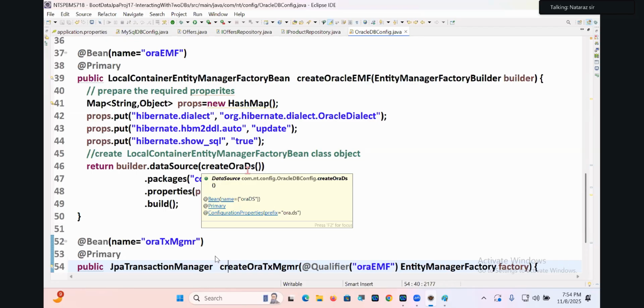Method one, dataSource. Number two, it should work for which model class? That is, with respect to which model class? That model class package. What properties do you want to use? The JPA properties you want to use. Plus, then the build method. That is called the factory design pattern or not? Factory design pattern. Okay. Now tell me,